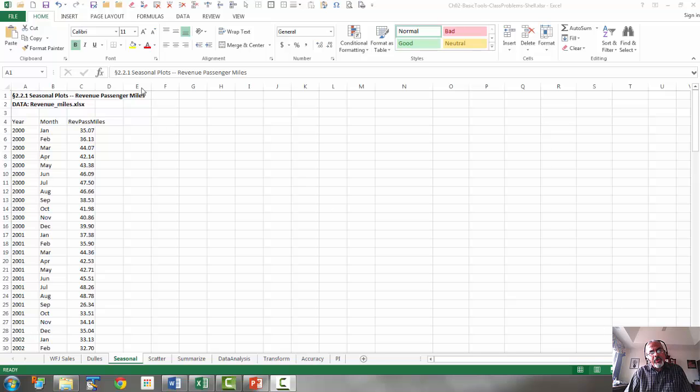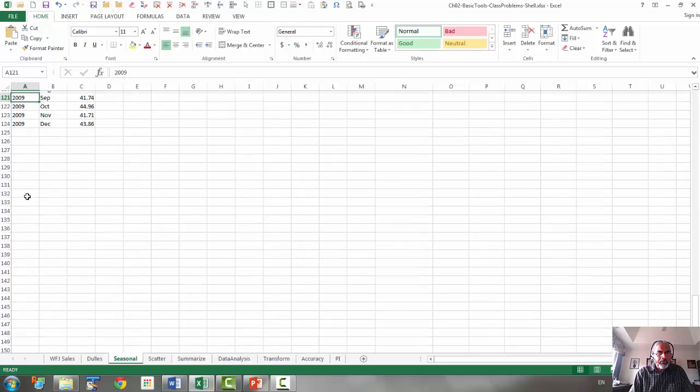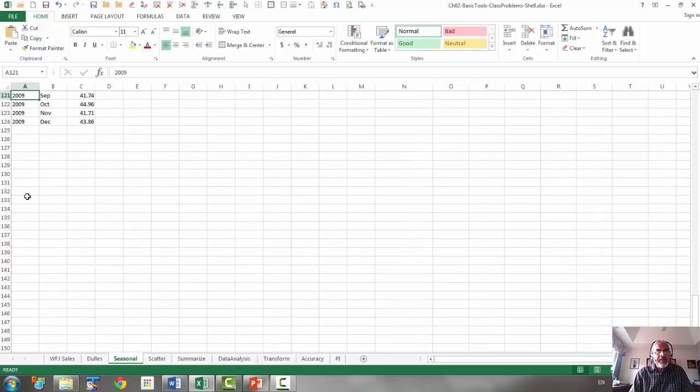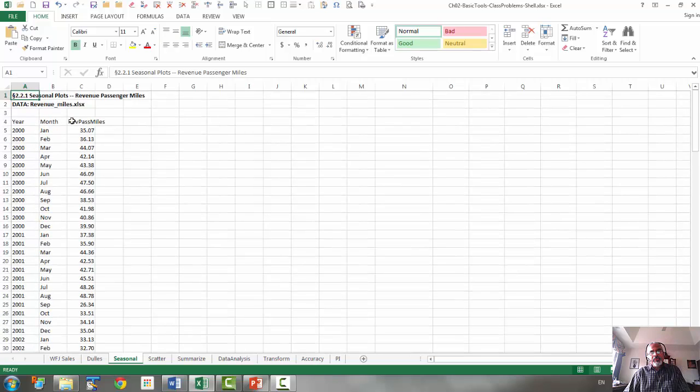In this example of scatter plot, we're going to examine the seasonal effect in the data also. So here we have data going from 2000 all the way till 2009, and this is monthly data. Okay. And if you plot just the revenue passenger miles,